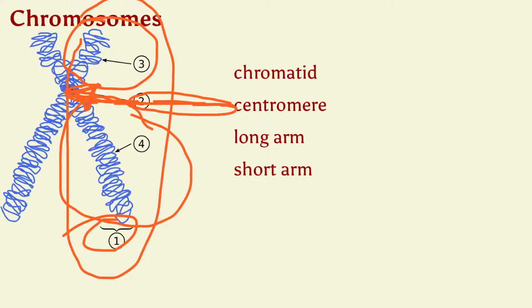Okay. So DNA is wrapped around histone proteins, and the DNA is folded and folded and folded upon itself. So all of this here is the DNA that's wrapped up and folded upon itself. Okay. Let's see. Anything else we want to talk about with chromosomes? I think that's it.